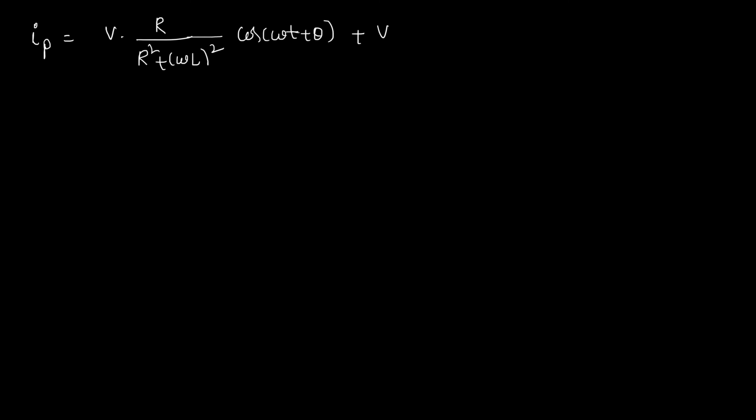B is V into omega L by R square plus omega L whole square into sine omega t plus theta. This is our particular integral. We can even solve this equation. So how can we solve? Let us see. Now what you do, you assume, or you put